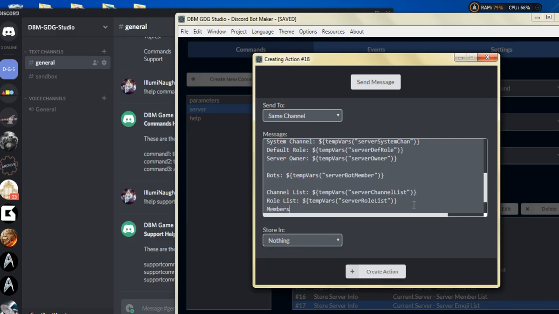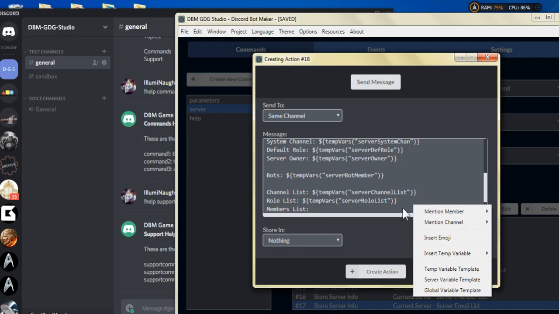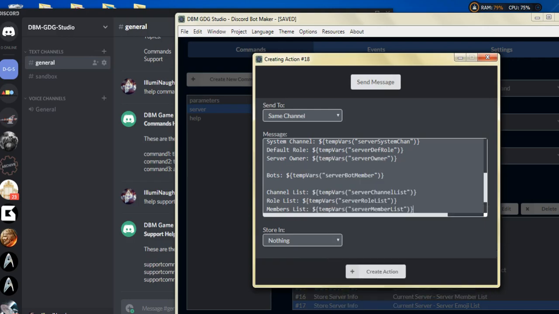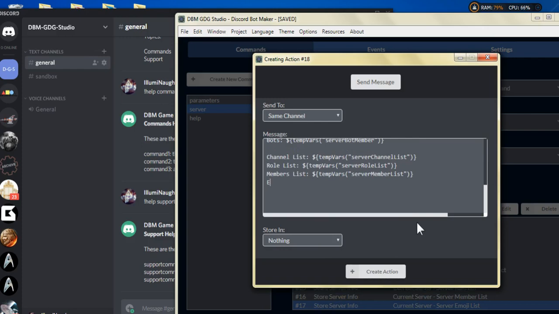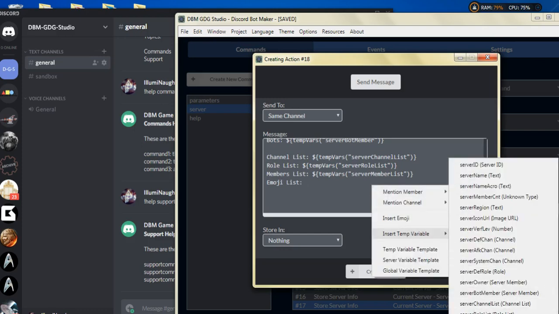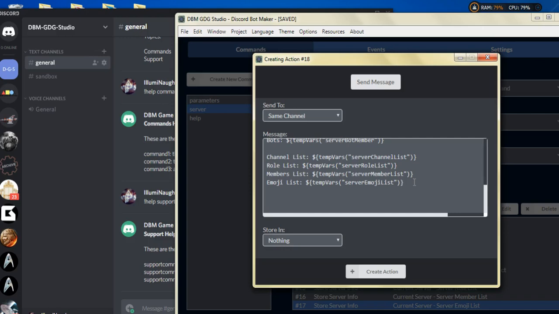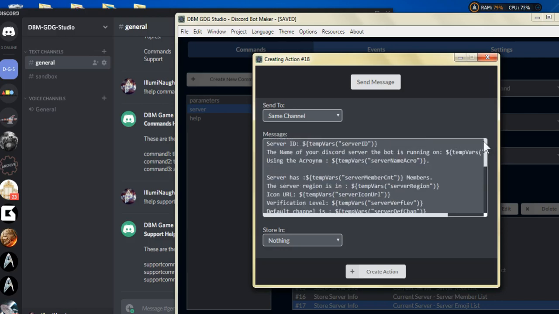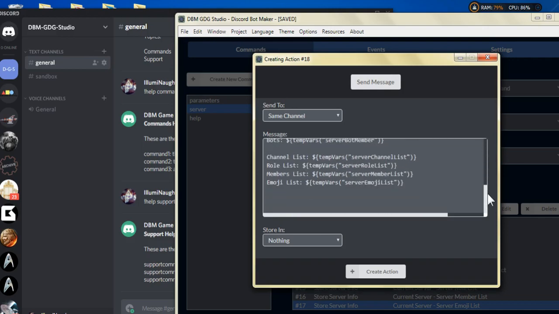We have our members list. And finally, we have our emoji list. Now, basically that is all done. Instead of describing what all this source server information is or means, we're just going to go ahead